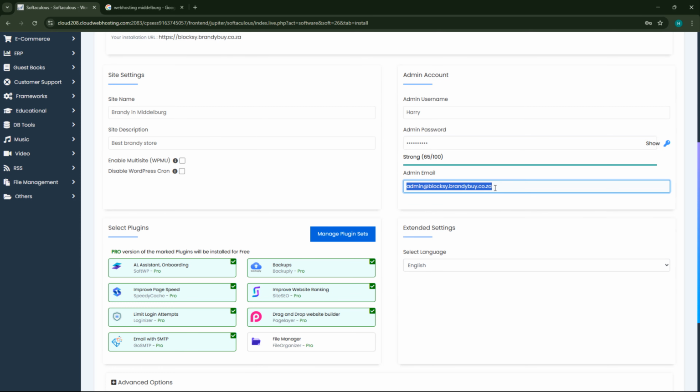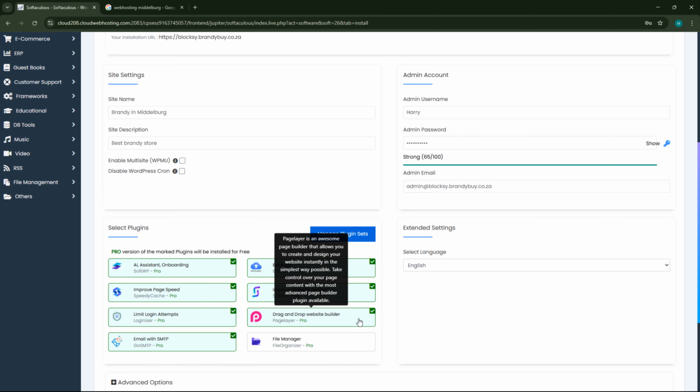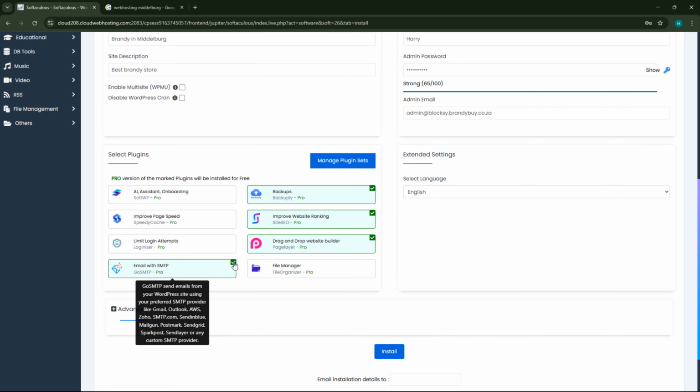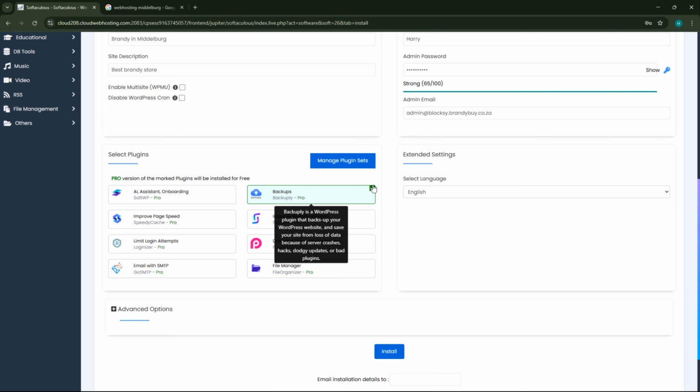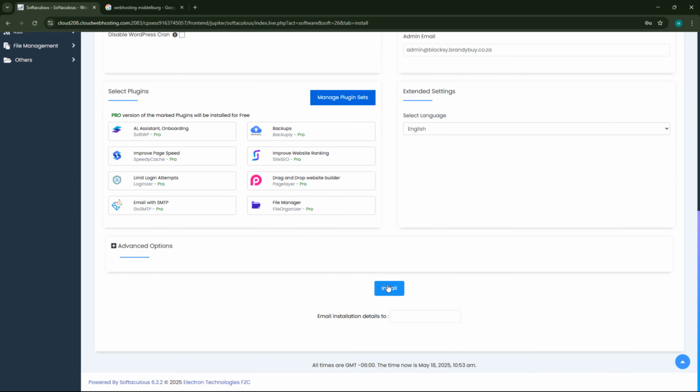I prefer to put a Gmail address here. For this demo purposes, I won't change it. But put your Gmail account here so you can retrieve your password if you forget it somewhere. This is up to you if you want to use this. I don't want to use it, so I'm going to take it off for this demo purposes. And after that, everything is fine. Our SSL is ready. It's on HTTPS. So I'm going to install WordPress now.